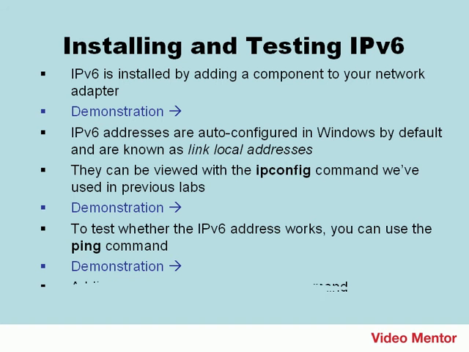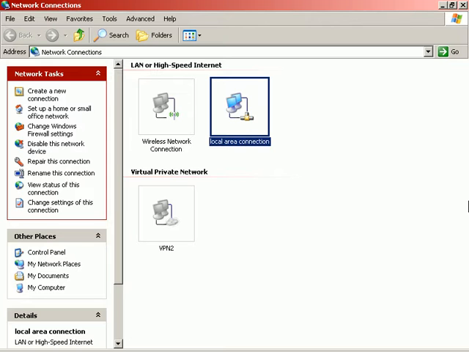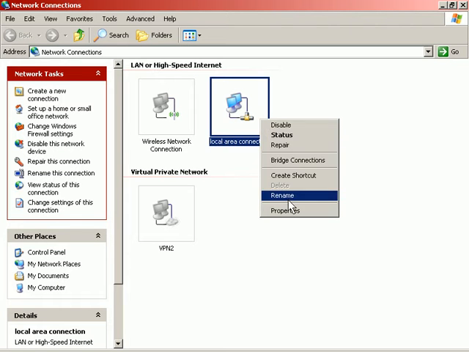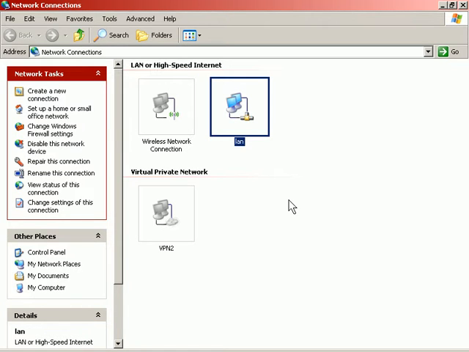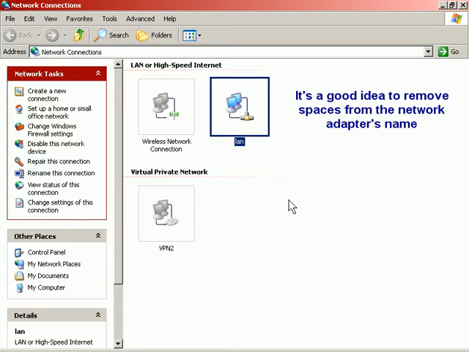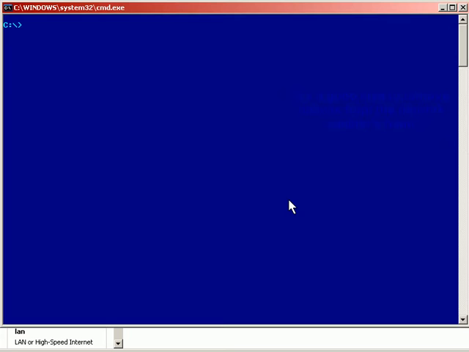Let's take it to the next level by adding addresses with the netsh command. You can add IP version 6 or IP version 4 addresses by using the network shell in the command line. Now first I want to go to my network connections and change the name of my network adapter. Its current name, local area connection, has spaces in it. And just to make it easier, I'm going to rename that to LAN, so it'll be easier to type in the command line. And by the way, spaces don't fare very well in the command line or in networking in general for that matter. So we give it a new name,